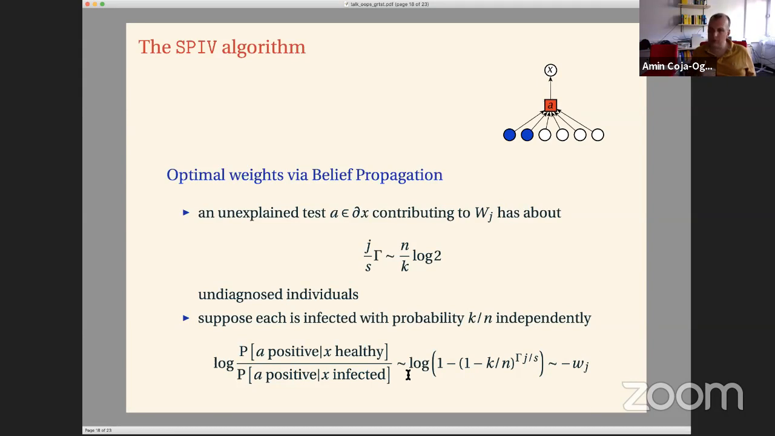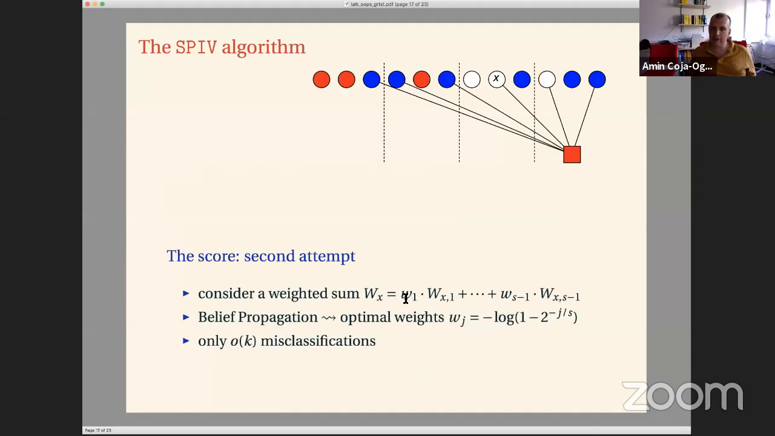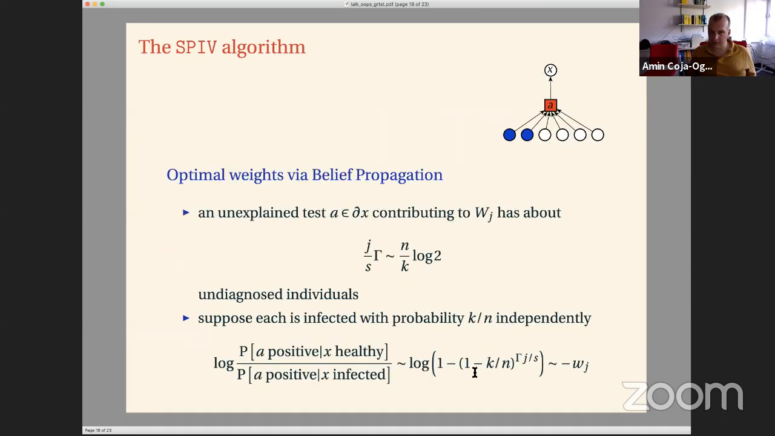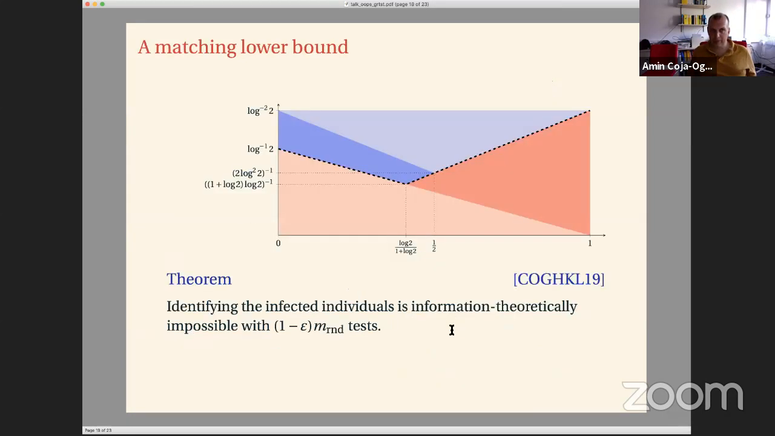To be honest with you, this is not what we did initially. Initially, we meticulously derived the large deviations rate function of this weighted sum over here. And we did a Lagrangian optimization to find the optimal weights. But later on, we discovered that actually we could have used the simple belief propagation trick all along. Okay, so this means that at this point we have an efficient algorithm that matches the